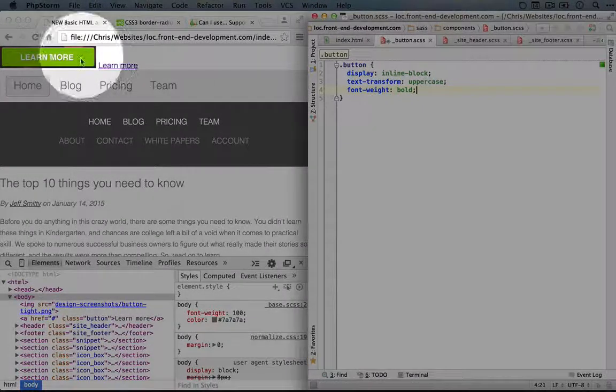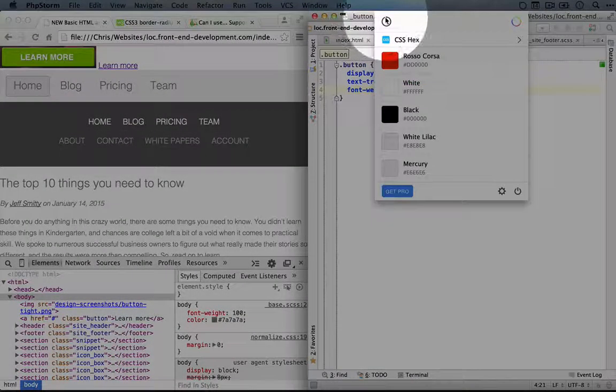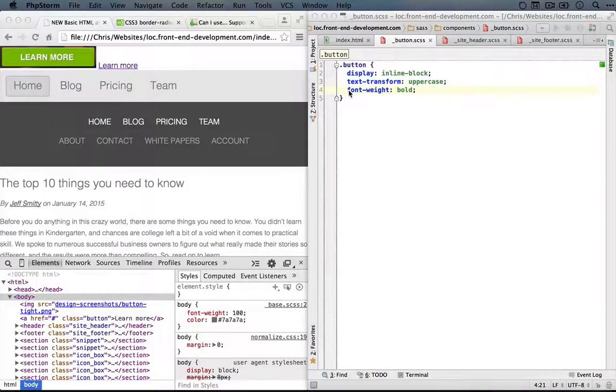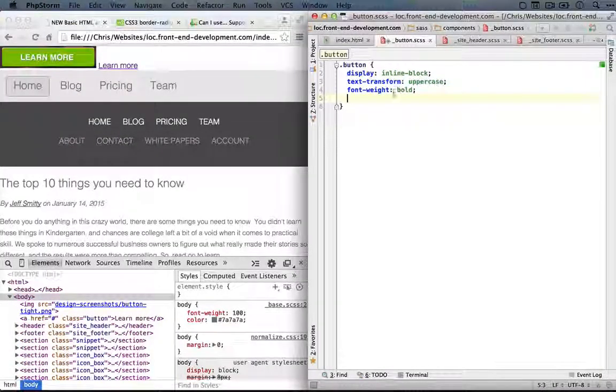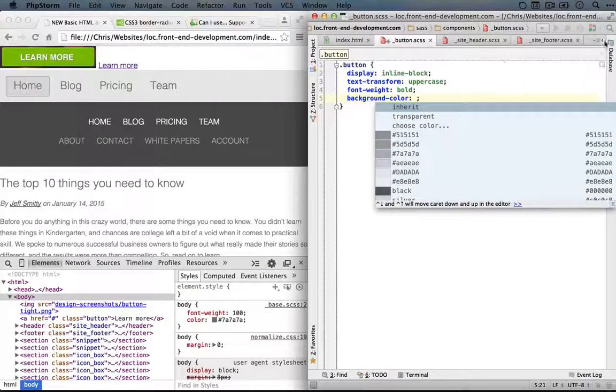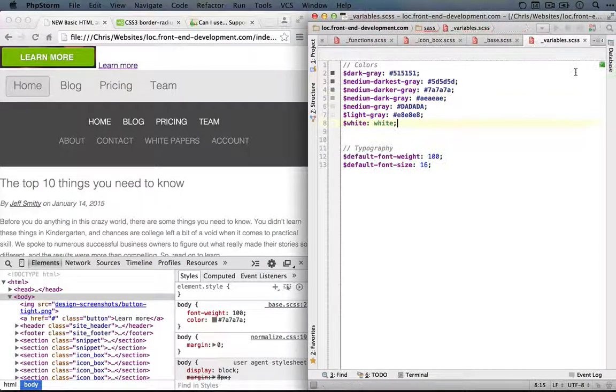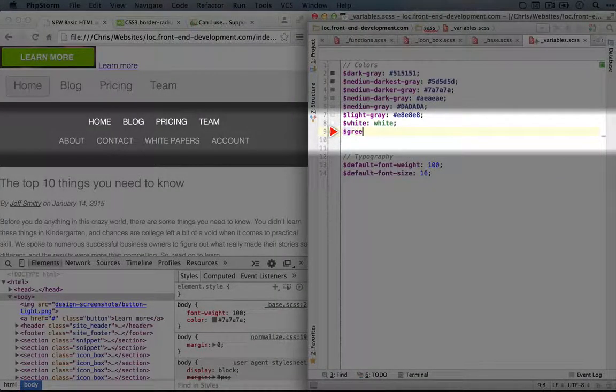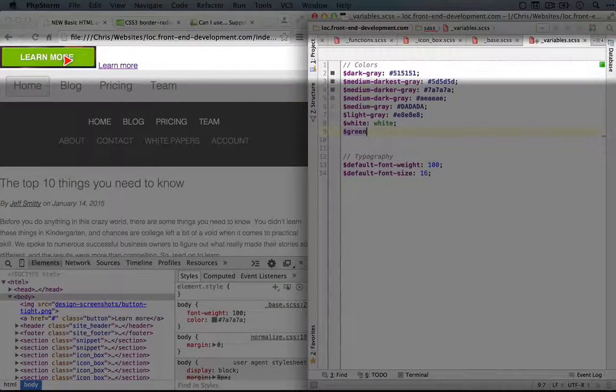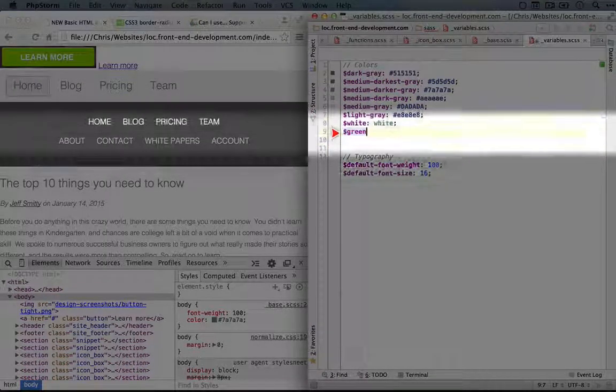And while we're here, let's change the background color. I'll go ahead and use our color picker. And instead of setting the background color directly to that here, let's create a new variable for this color to add it to our color palette. So I'm going to jump to our variables.scss file, and I'll add a new color, green. Now if this was a darker green or a lighter green, I might not want to start with just green,